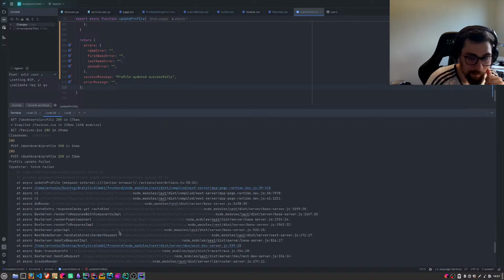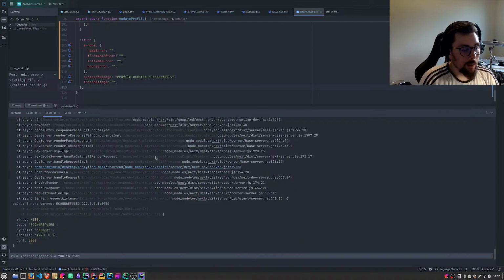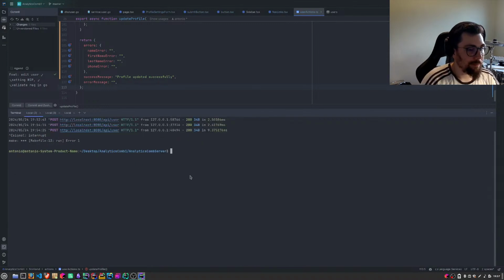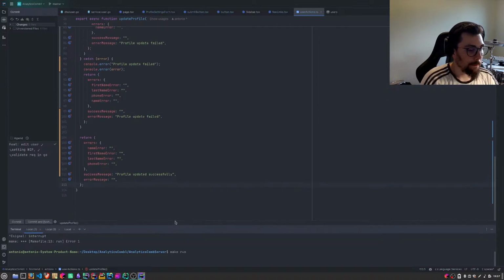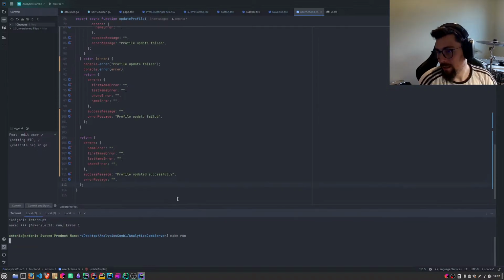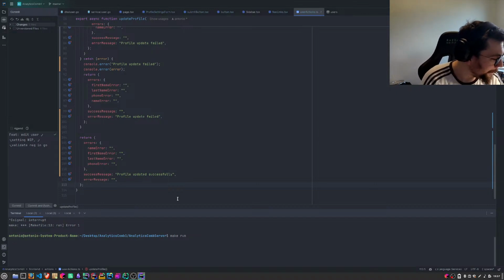I don't understand. My only thought is if I should have used just plain old React with this and made everything client-sided and be done with it.